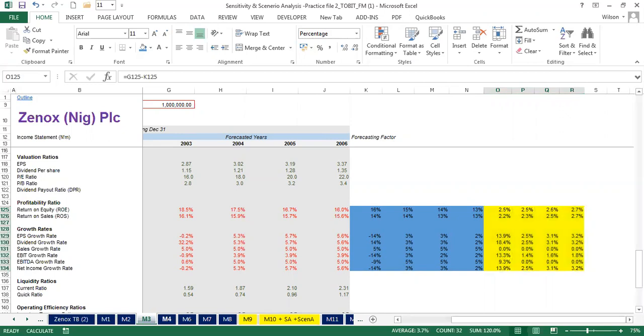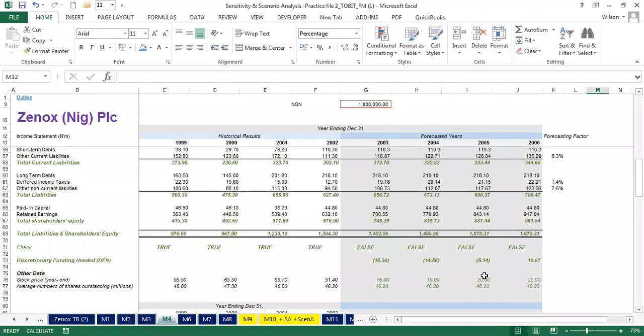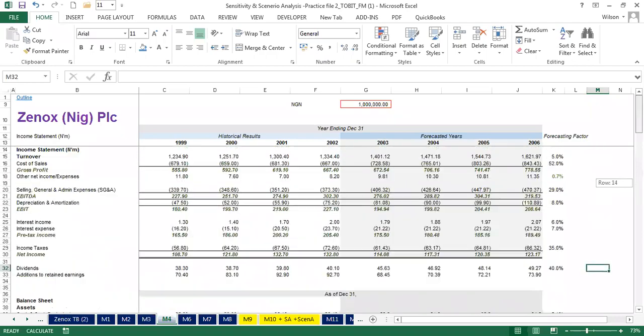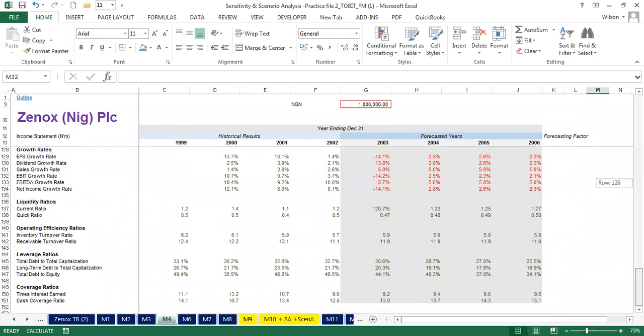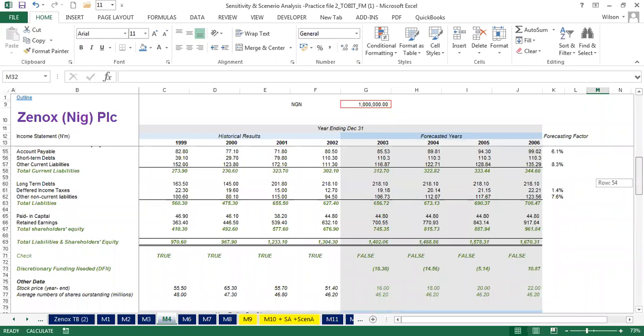That's model 3. Now for model 4, basically what we have in model 4, if we examine the